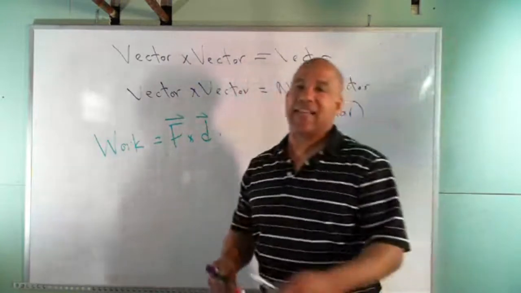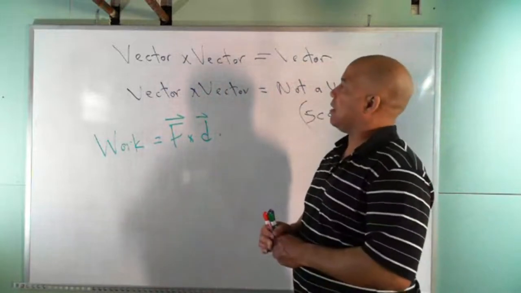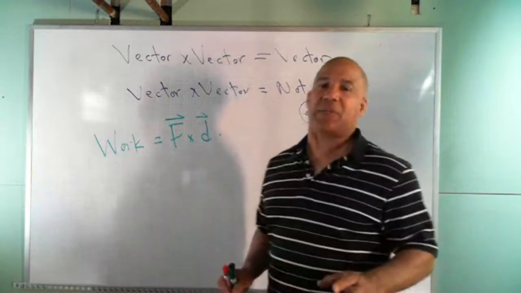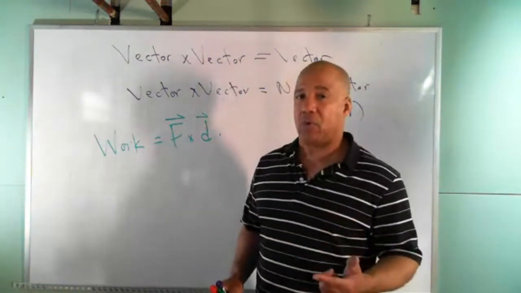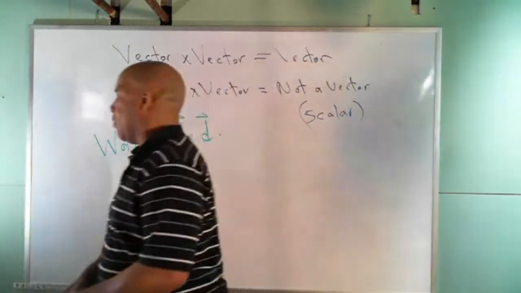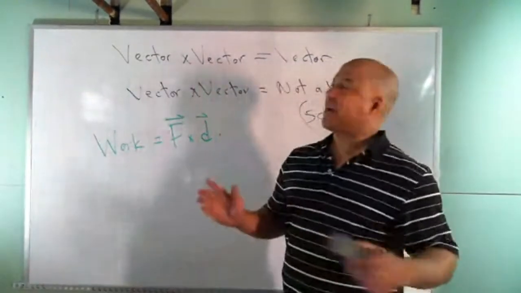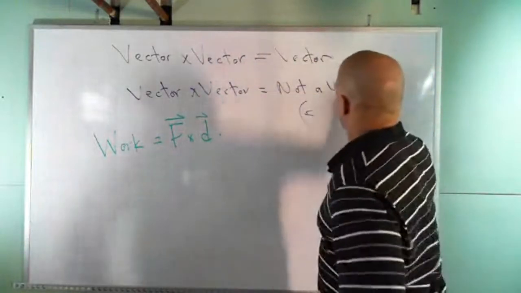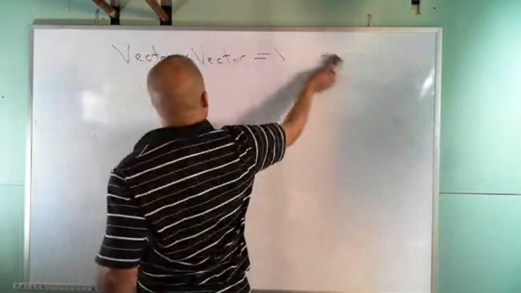Well, to make all that easy, because some people have had this stuff, some people haven't, so you don't have to know the math, they've made up the right-hand rule. The right-hand rule is just a simplified way of being able to work with vectors without knowing any of this stuff that I'm trying to explain to you. So I want to talk about the right-hand rule. Before we get into that,